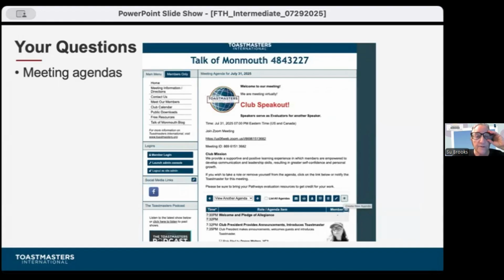Almost three-quarters down from top to bottom, over on the far right, you'll see a number of icons. The icon on the far right is for people who are admins, or if your club has allowed the VPE or the Toastmaster to create meeting agendas.